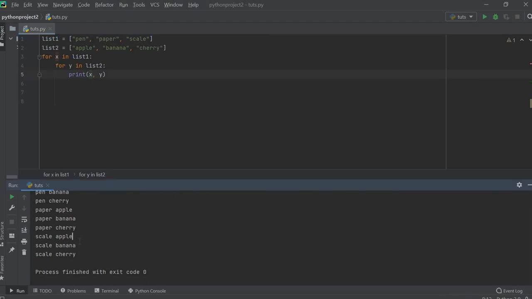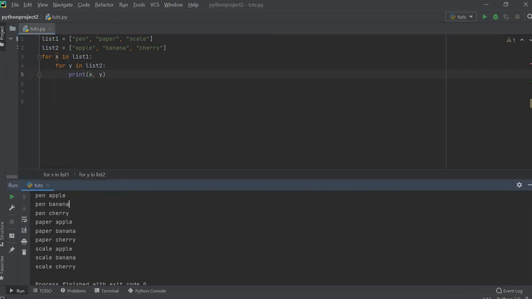Okay, so you can see first x pen, then apple, then pen banana, then pen cherry, and so on. All these values are printed here. Okay,